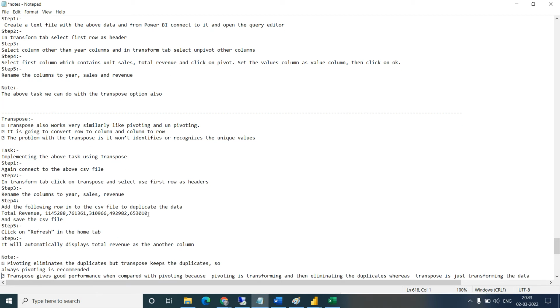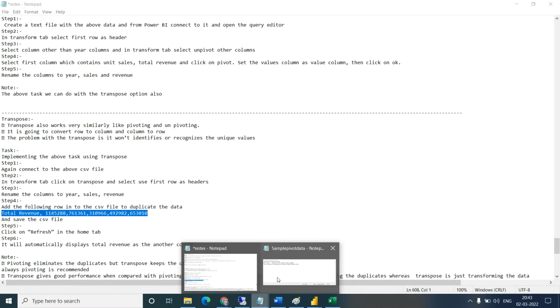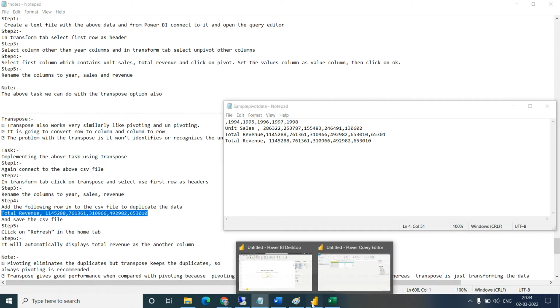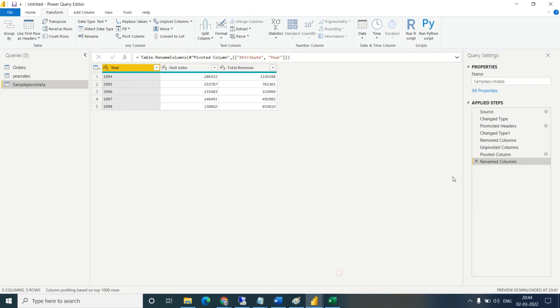So let's add one more row into the existing table. So this is the data, right? I'm adding one more data, 4653016. Okay, so let's save this data.